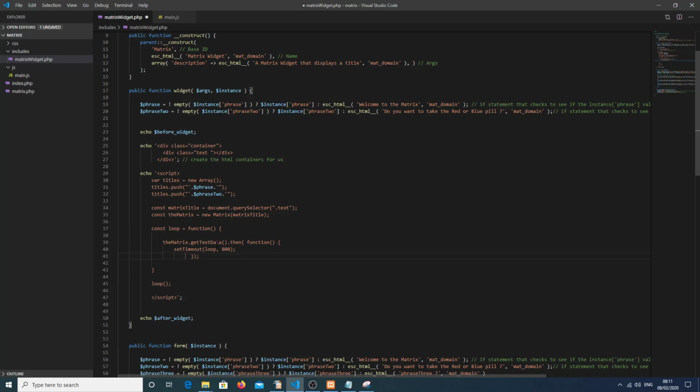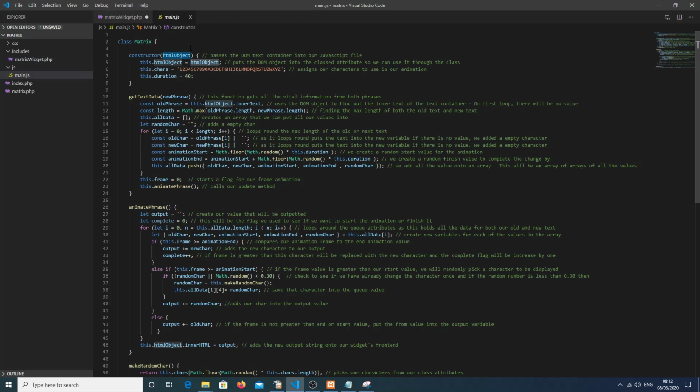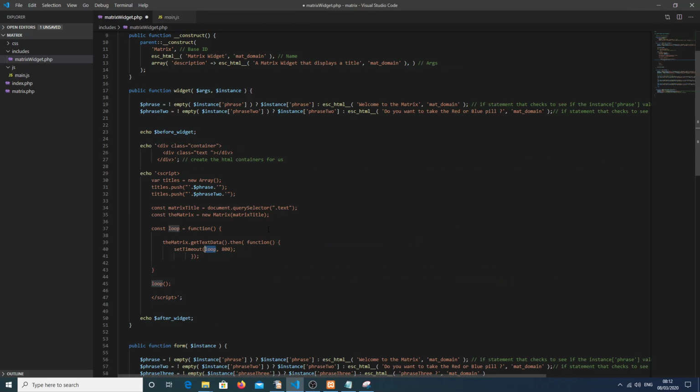Once we're in the function, we call this method. Then we use this promise, and it says if this method is successful, execute this function. This function is just saying pause for 800 milliseconds, and then after that pause, call this loop again. So we need to make sure that we create something in the JavaScript to tell the code that the promise is successful, and that it's always successful. And then we've created our